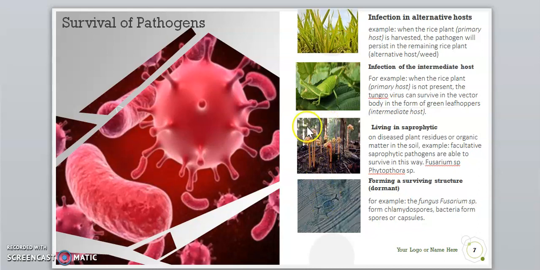It is very important for you to understand this, because when the chlamydospore is resistant in the soil, you have to be careful. You have to, what we say, kill the chlamydospore, because it's very dangerous. When the host is ready, the chlamydospore will infect the host, the first primary host. Okay.